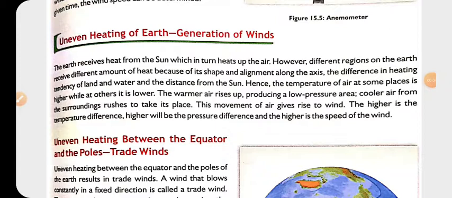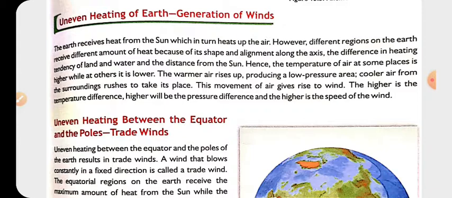So we are going to start the next topic of this chapter, that is what causes the wind. But how are the winds generated actually? For that we need to know what the low pressure region and the high pressure region are over the surface of the land. Whenever the land gets heated up, the air above it becomes hot, right? And we know that hotter air is lighter in weight. So due to being lighter, it rises up, and it creates a low pressure region at the surface where it was earlier.